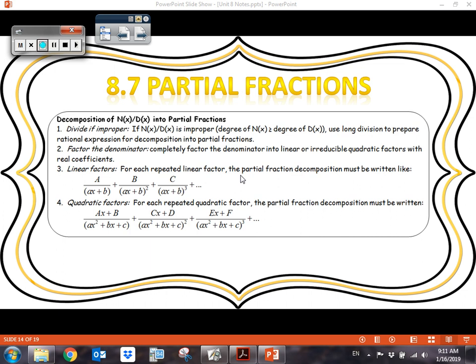So when we deal with fractions, our norm is to find a common denominator and add them together. That's what we normally do. This is actually reversing the process. We're going to take a fraction that's all put together and break it apart into little pieces. And the reason that we would do this has to do with Calculus 2, BC Calculus, the second